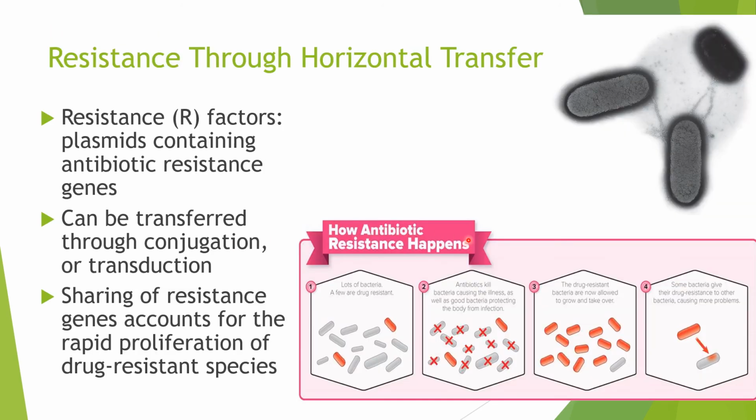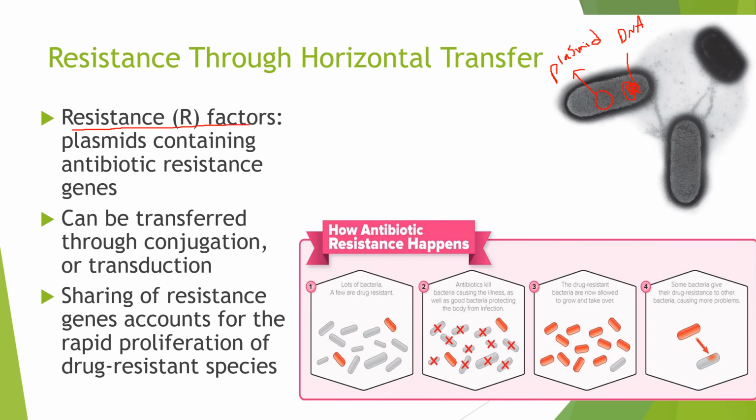So let's take a look at this image right here. If you remember, we said that bacteria can have their own DNA. So let's say here is the DNA. But then bacteria could also have these extra pieces of DNA called plasmids. Now, these plasmids are basically DNA information, and within that plasmid, the bacteria could carry a bunch of resistance genes. One of these kinds of genes that a bacteria can carry, we refer to as the resistance factor,